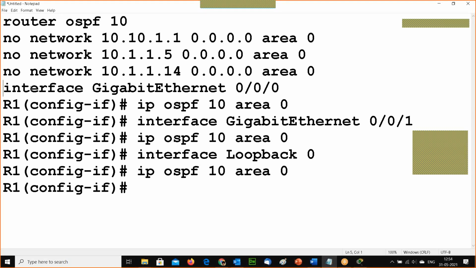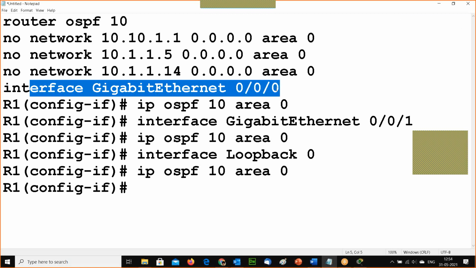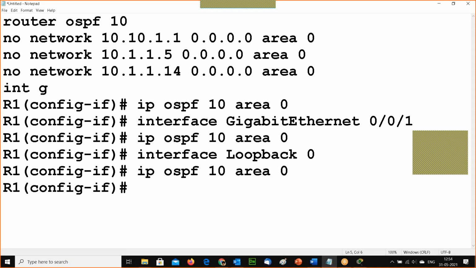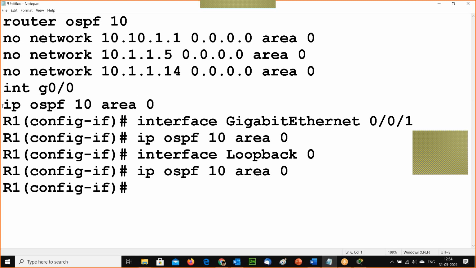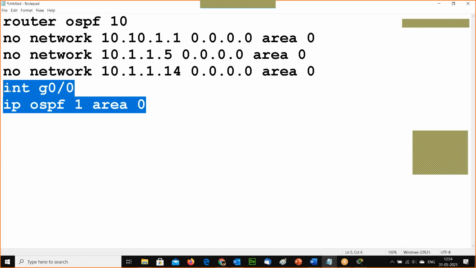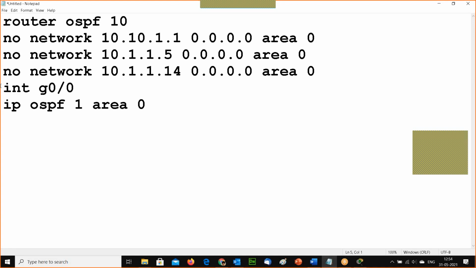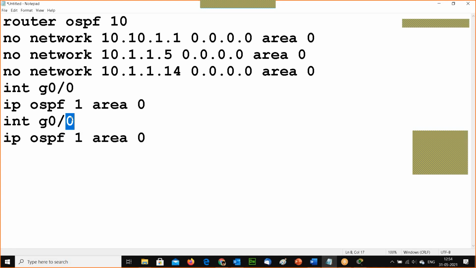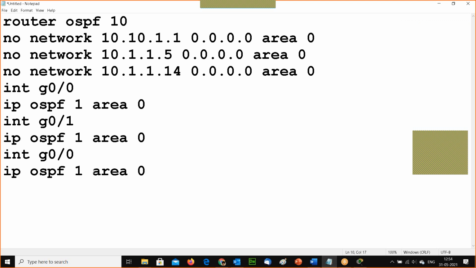So in our case, we go to interface GigabitEthernet 0/0. We write IP OSPF 1 area 0. Similarly, we can write the same on all the different interfaces, that is GigabitEthernet 0/0, 0/1, 0/2.